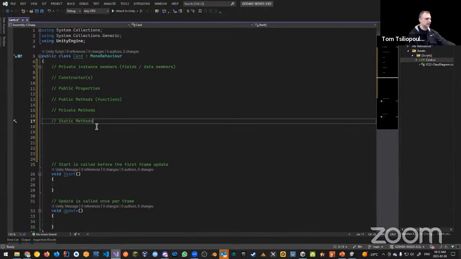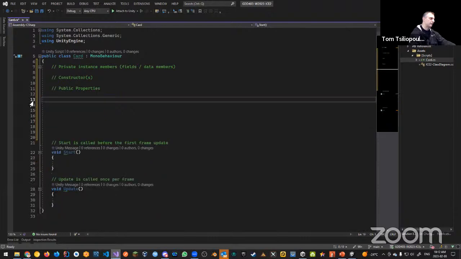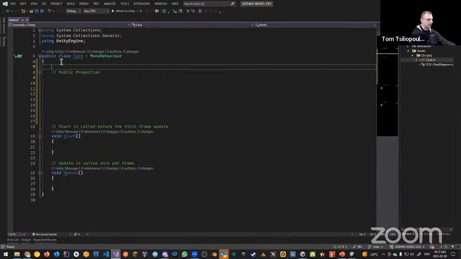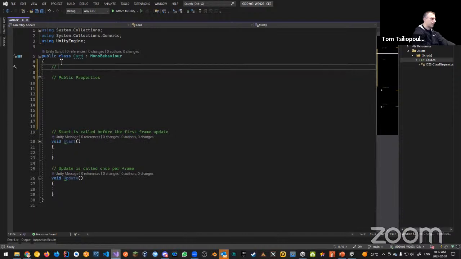You may not have to do all this stuff because it's included for you. However, we do need some public properties, and there are some things we can do in C# that really don't work well in Unity. So if I was to go to public properties in C#, normally what you'd have is, let's go back to this. We might have private instance members,